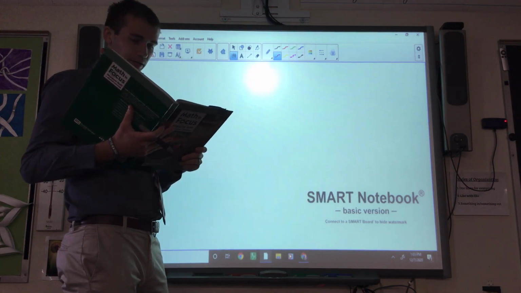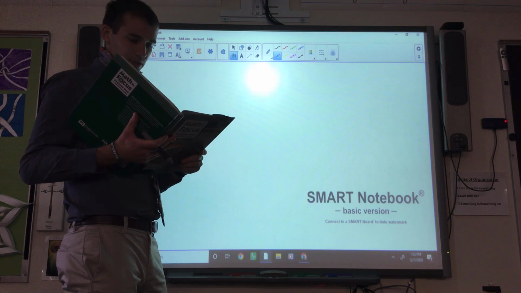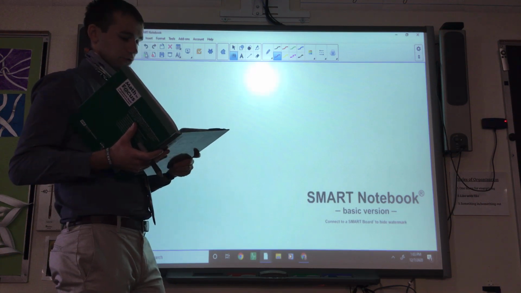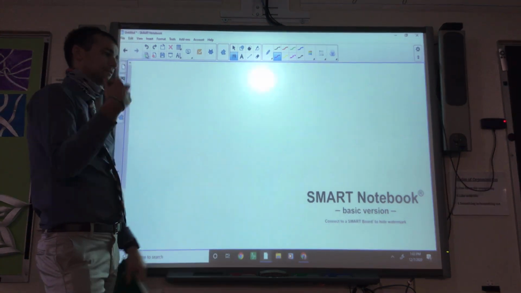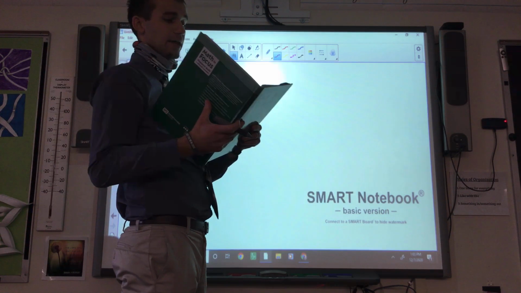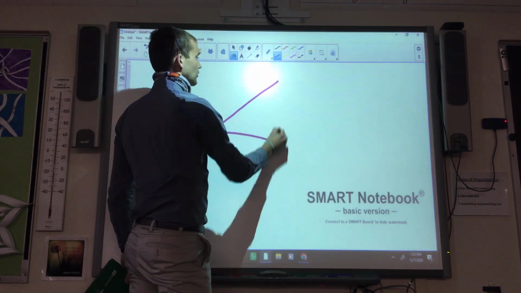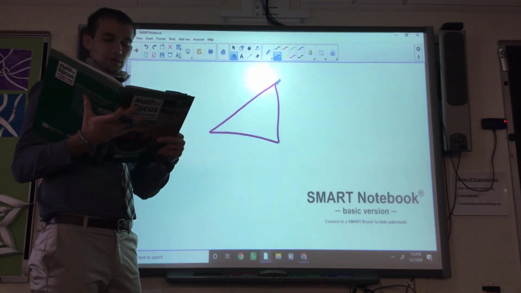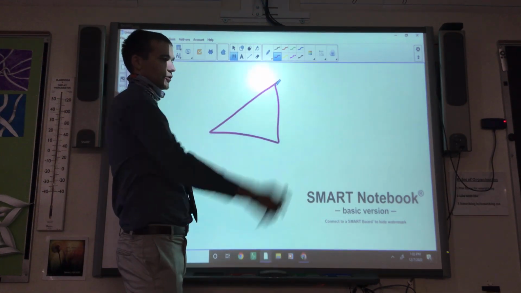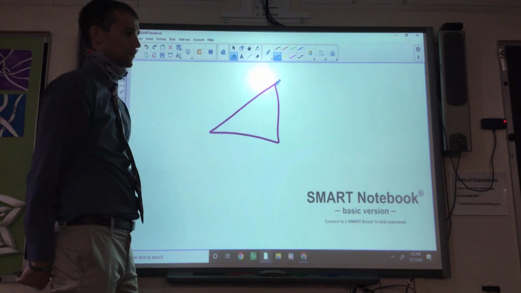Number 9 and 10. 9 is going to be similar. You're going to have to use the vertical angles and know that stuff adds up to be 180 and 360 to figure it out. 10 is going to have a triangle, and you're told what 2 of the angle measures are, and you have to figure out the third one. But that's easy because you know all 3 of them add up to be